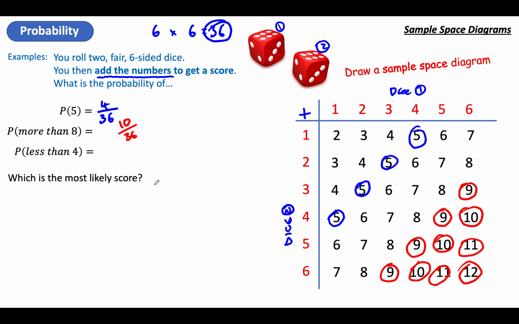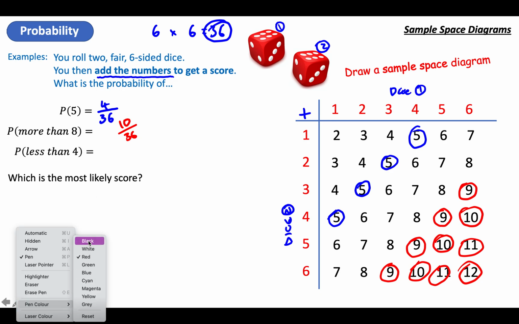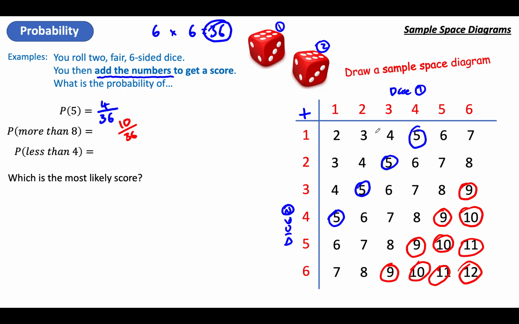Again, you could simplify it to 5 out of 18. Anything that's equivalent is okay, but generally I only simplify if I really need to. And then less than 4. Well, less than 4 would be a 3 or a 2. 2's the lowest score I can get. So there are 3 different options for winning of less than 4 out of 36 again, or maybe 1 out